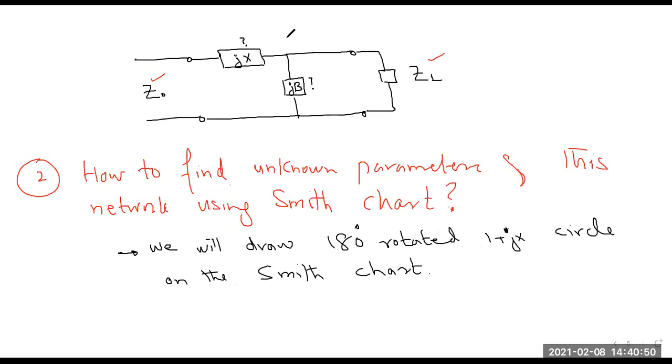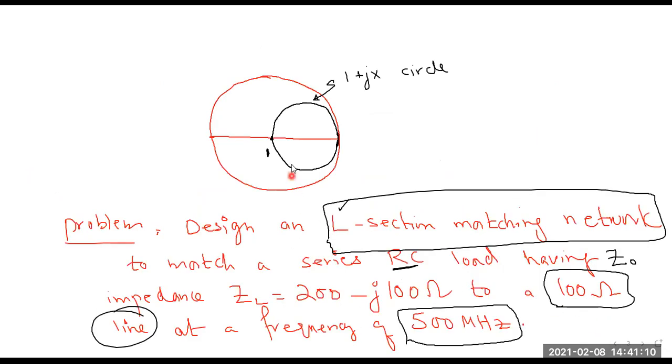You already know, जो मैं 1 plus jx circle का टर्मिनोलॉजी यूज कर रहा हूँ, you already know कि ये किस सर्कल की मैं बात कर रहा हूँ। और अब आपने क्या करना है, इसका एक रोटेटेड वर्जन आपने ड्रॉ करना होगा, और कितना उसको रोटेट करना है? 180°। ये जो सर्कल मैंने बनाया हुआ था, ये वो सर्कल है जो कि ऑलरेडी स्मिथ चार्ट के ऊपर पहले से बना हुआ है। ठीक है, what I need to do is इसका रोटेटेड वर्जन, इसको रोटेट करना है हमने 180° के ऊपर।